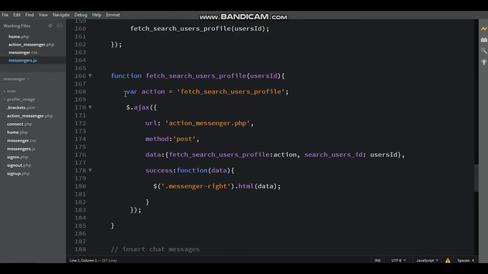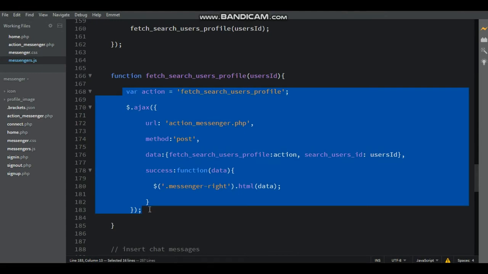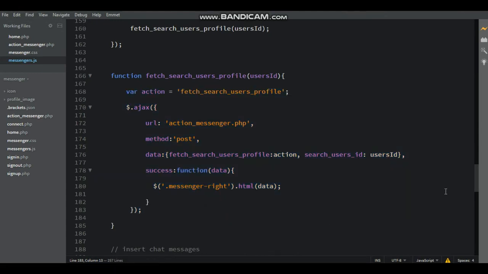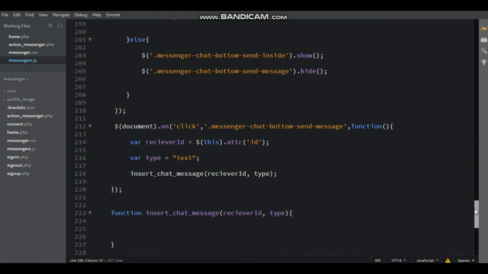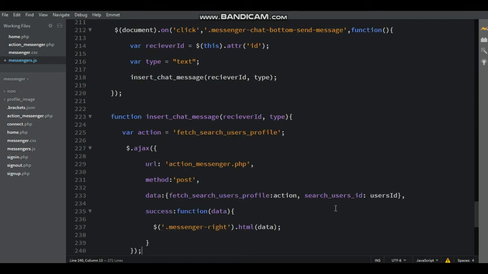Now here copy the AJAX request function and then paste it inside the function insert chat messages and change the variable action.